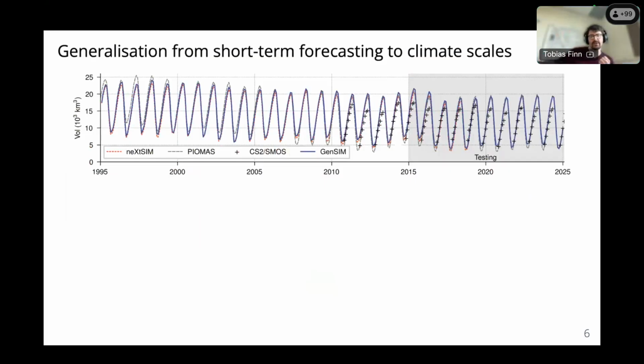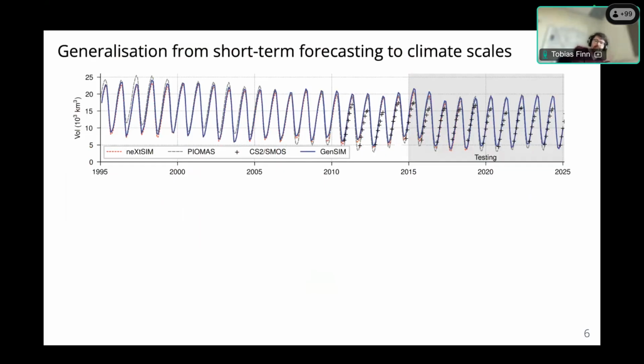this model is just trained to do a 12-hour prediction, but still it can produce the evolution of sea ice in a 30-year window. It can even reproduce the decline of sea ice, and then even the recent hiatus because of internal variability that is also seen in reanalysis products and in satellites.